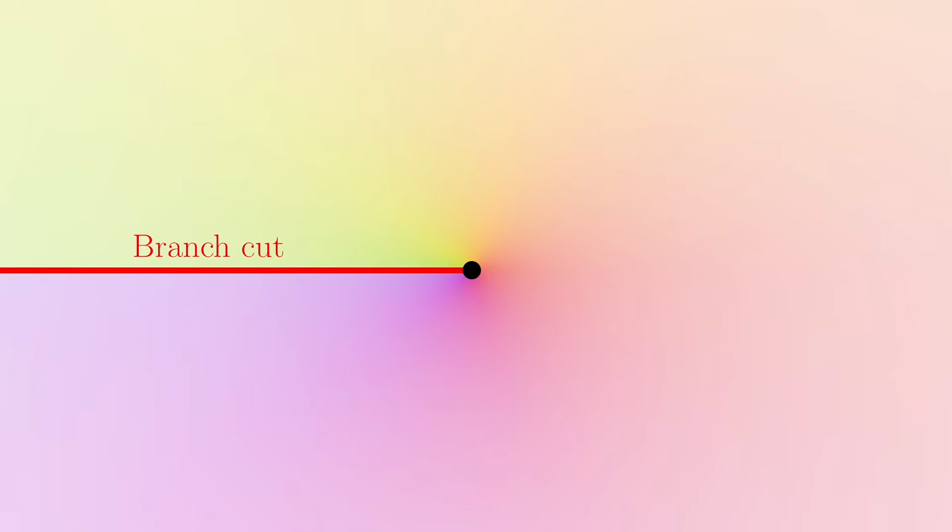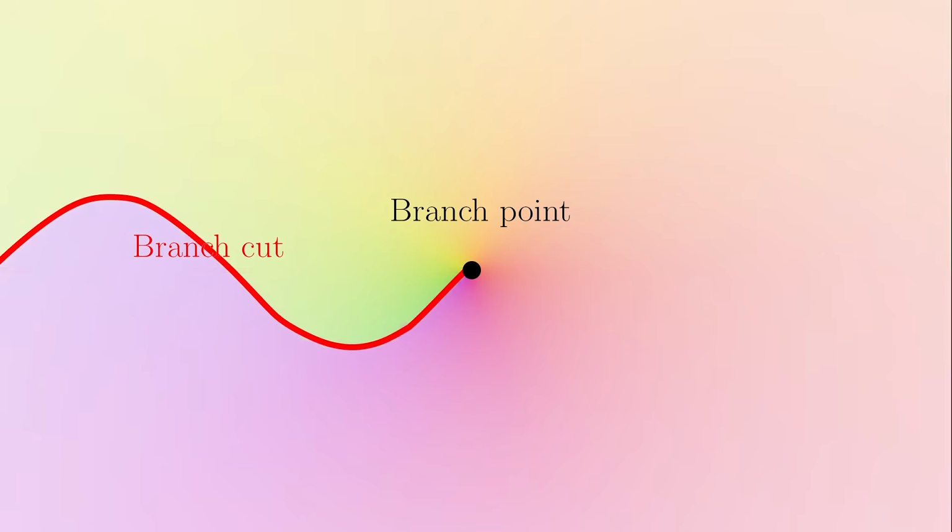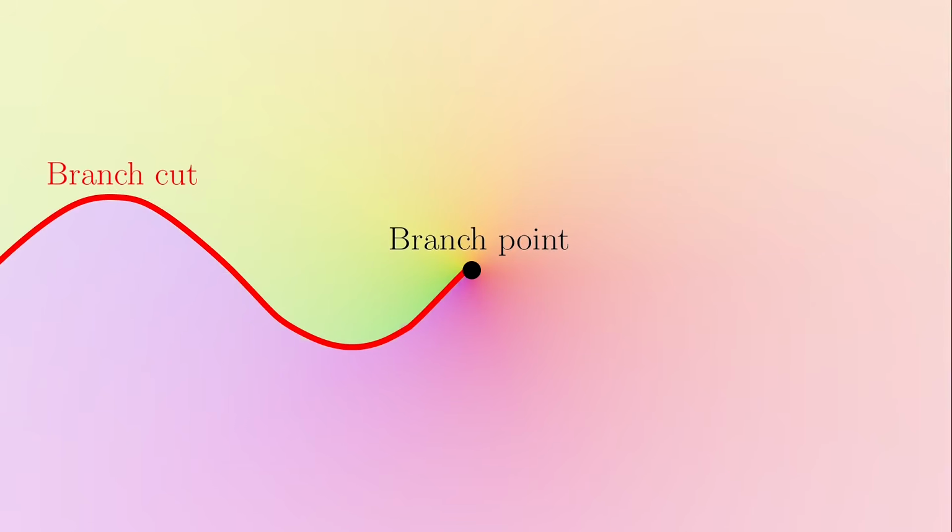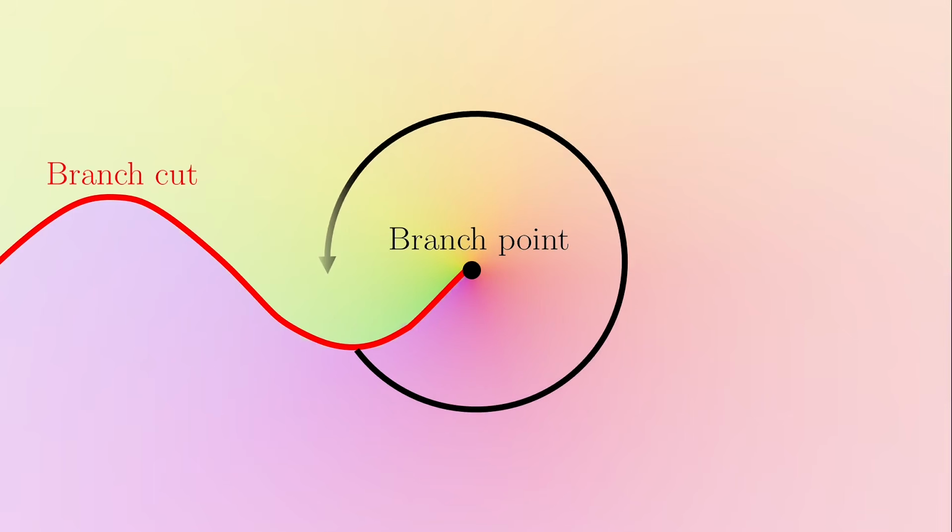For this reason, the origin is called a branch point. This branch point is not arbitrary, it is a point intrinsic to the function itself. Think about it this way. The purpose of the branch cut is to prevent us from encircling the branch point completely, so it could be any curve from 0. But what is a branch?